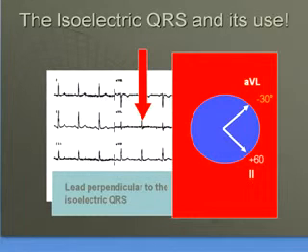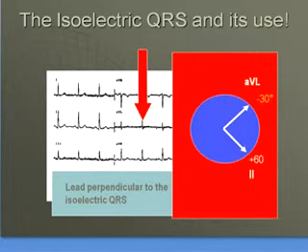So in this particular ECG, in the limb leads, lead AVL is showing an almost isoelectric QRS, where the R wave is slightly more than the S wave, whereas the other limb leads do not show much of an S wave. So the lead which is perpendicular, that is at 90 degrees, to the isoelectric or biphasic QRS will be the direction of the QRS axis.